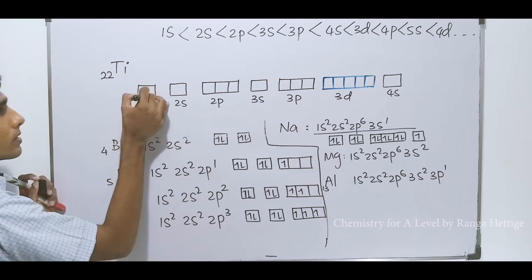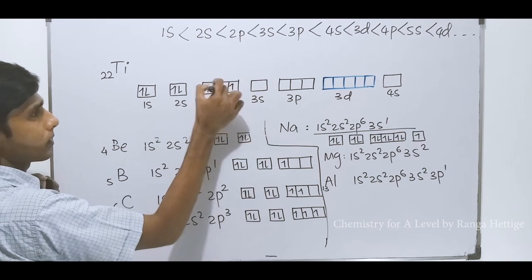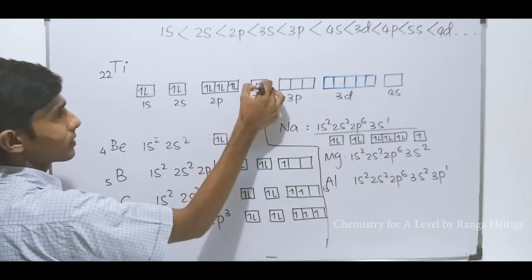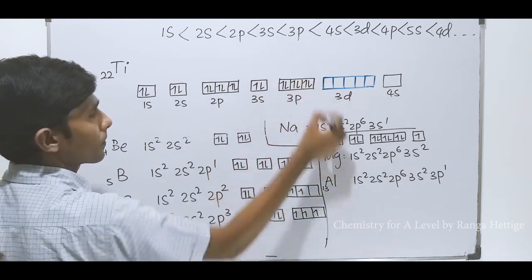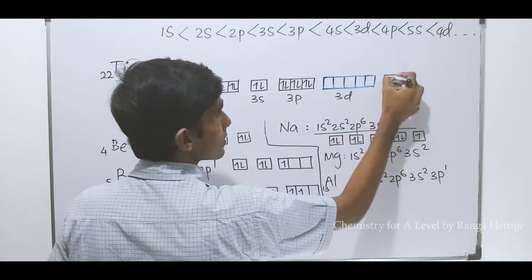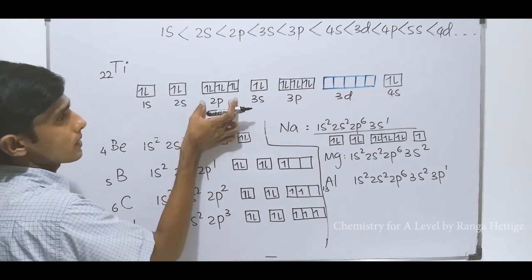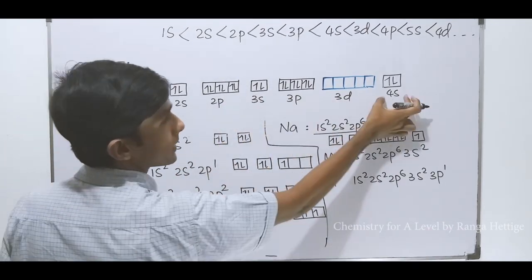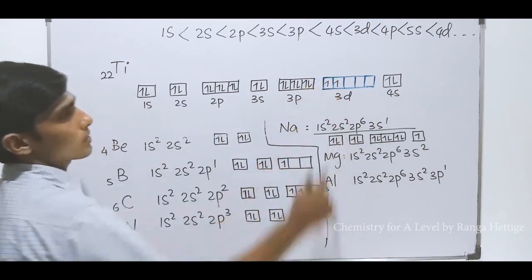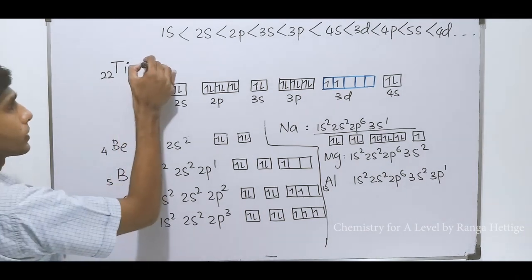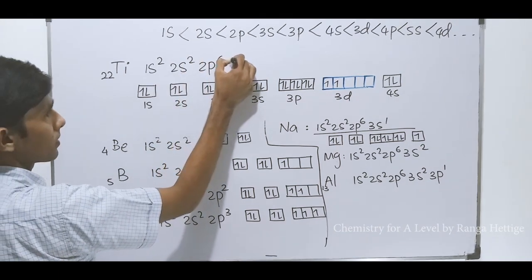So the first electron goes to 1s, and the second one also 1s, then 2s, 2p6, then 3s2, 3p6. After that, electrons go to the 4s level, 4s2. Now we can see 4 plus 6, 10, 12, 18, 20. The next two electrons come to 3d. Again, it follows Hund's rule. So when you write the configuration, 1s2, 2s2, 2p6, 3s2,